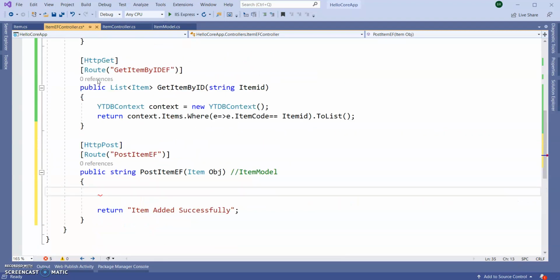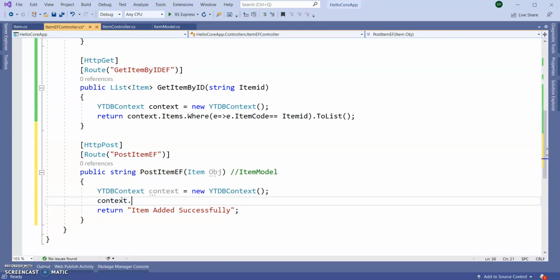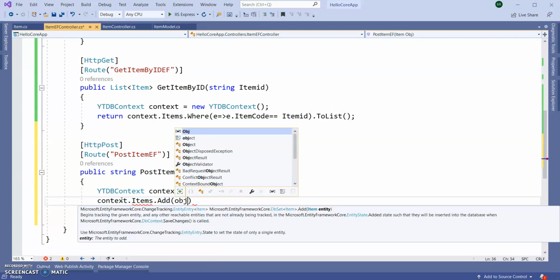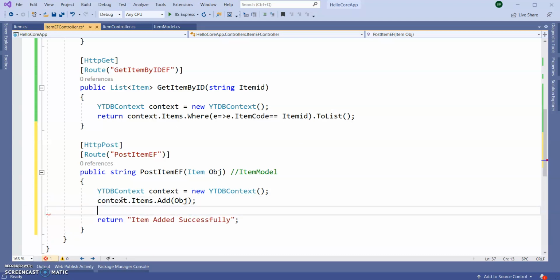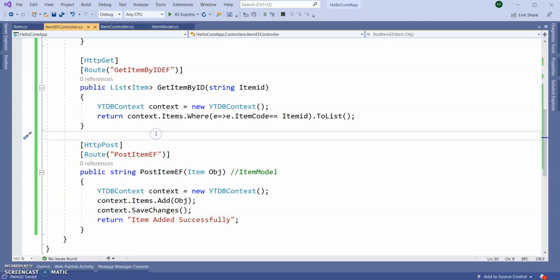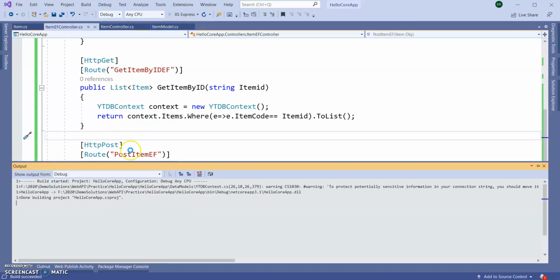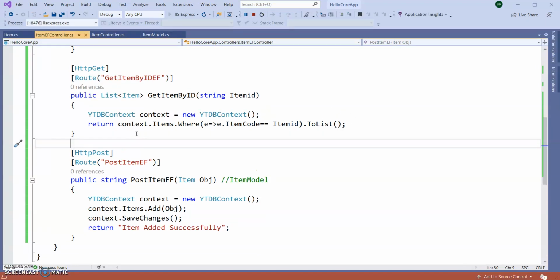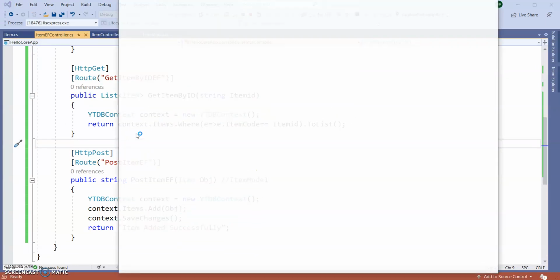No need of this one. Save changes. Run the application. Let's see whether our data posting through Entity Framework is working or not.